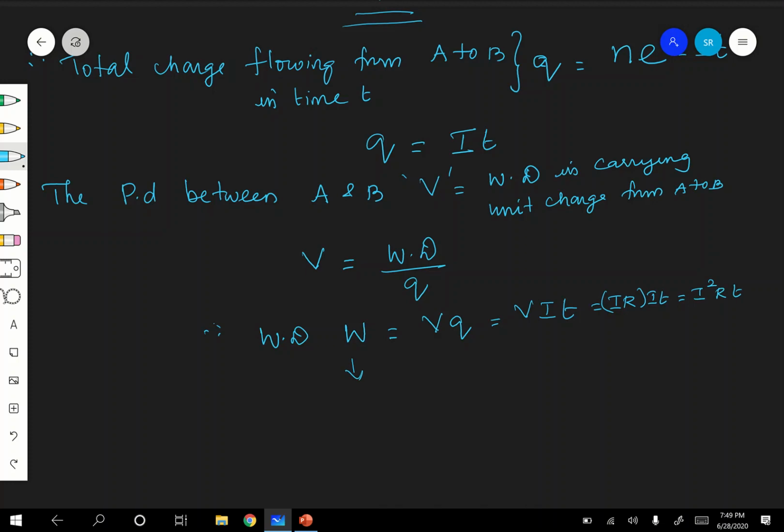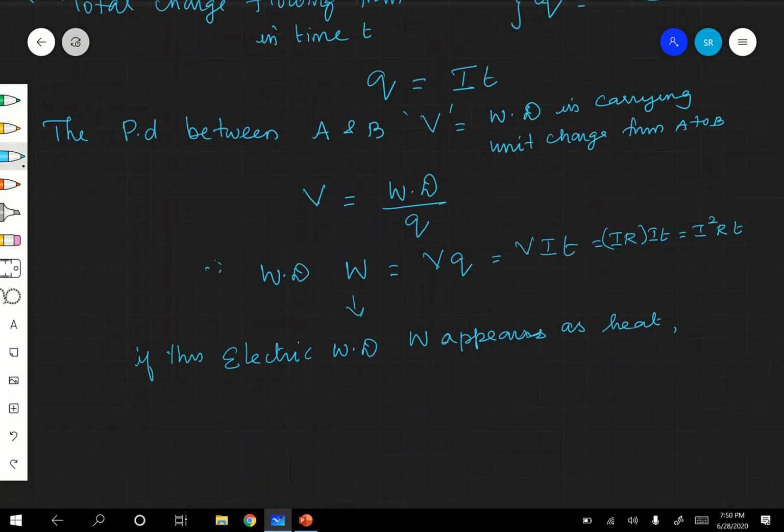Work done means, there are so many kinds of work; this is the electric work done, W. And if this electric work done appears as heat energy, if this work done is appearing as heat, then